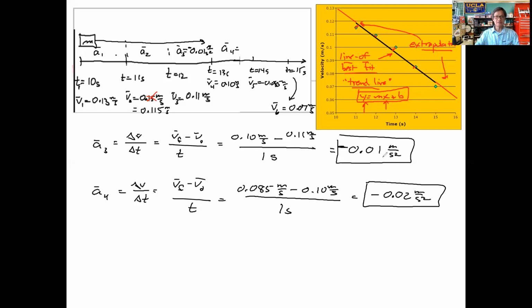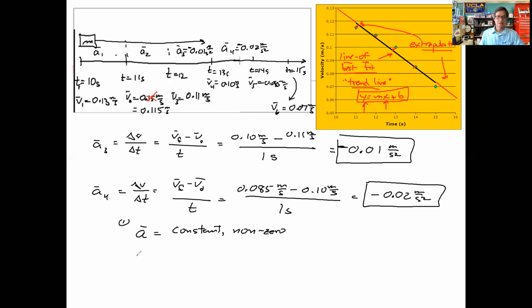Okay, so with that said, we see then that the acceleration is constant. So we'll call this negative 0.02 meters per second squared. Okay, so obviously the difference here is based upon how we estimated these data points. Okay, so the acceleration is constant. So we have then acceleration is going to be constant, okay, and non-zero,